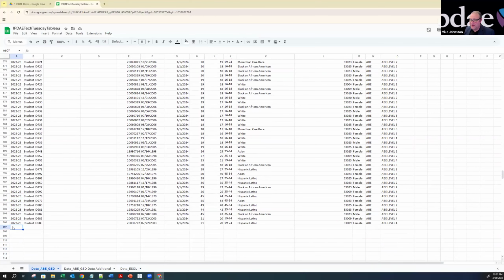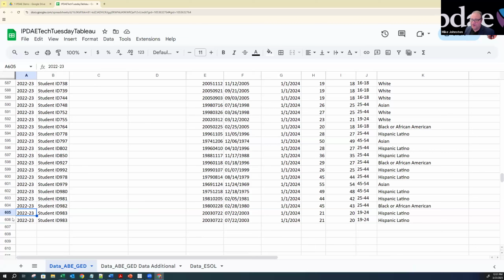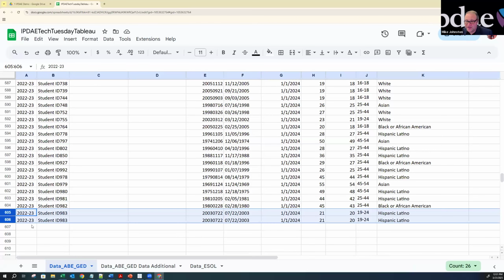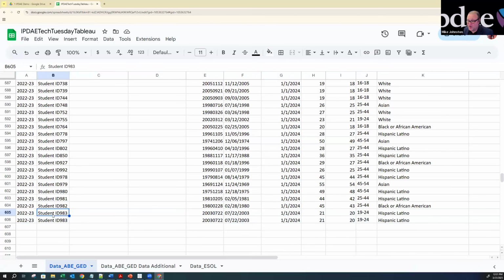And as you can see, the data fields that I duplicated were these two row lines, 605 and 606. And since we told it to count it only once, we're in a safe position. We're only going to count this once. Let's say I were to say, okay, you know what? Maybe there was a typo, or maybe the student ID is really not ID 9833. I'm going to say the student's ID was really 9899.